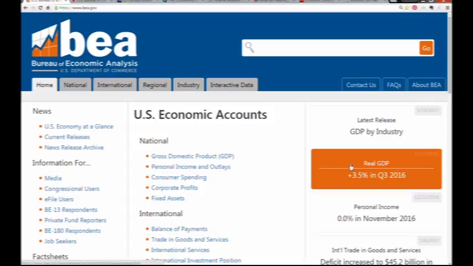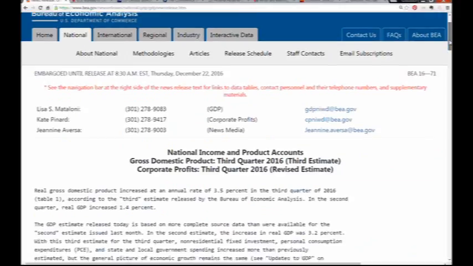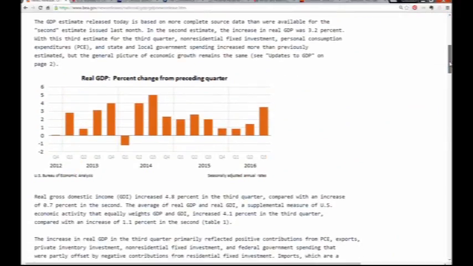So in fact, let's just look at this release here, because I want to talk a little bit about what real GDP means. This is, of course, what one of these press releases looks like, and you can see real GDP percent change from preceding quarter, and these are annual rates. So we kind of started slow in 2016, actually a little less than 1%. Then we got up to about 1.5% in Q2, and then in the third quarter we did see substantial growth to where we had an annual growth compared to where we would have been 12 months earlier of about 3.5%,